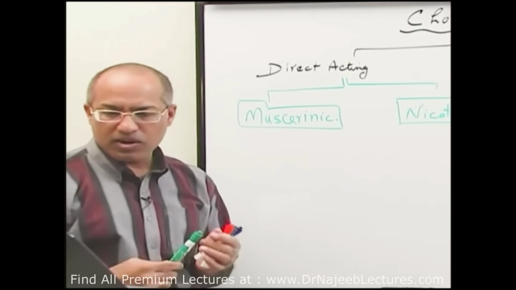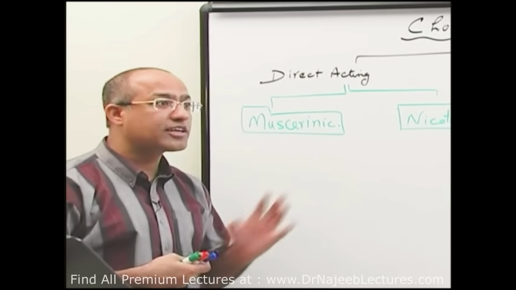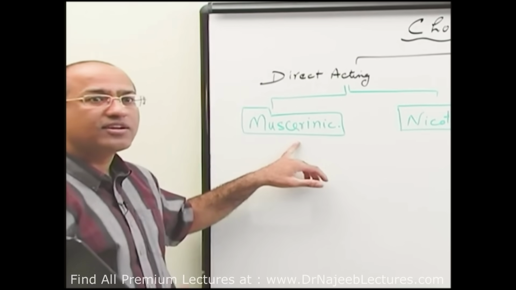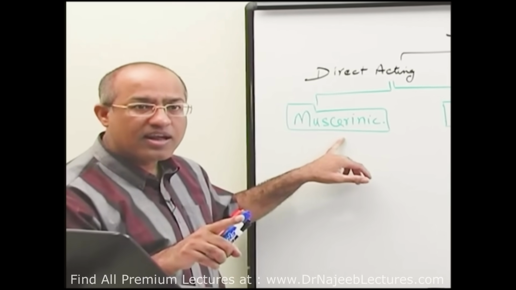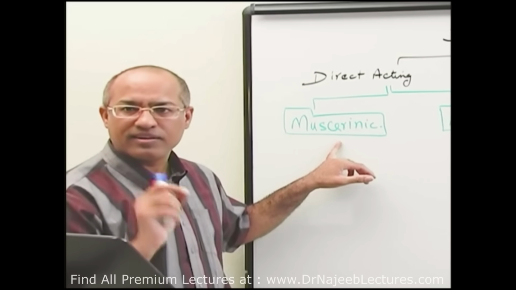Now the muscarinic drugs bind with the muscarinic cholinergic receptors and activate them. It means these drugs have affinity with the muscarinic receptor as well as the capability to intrinsically stimulate muscarinic receptors,